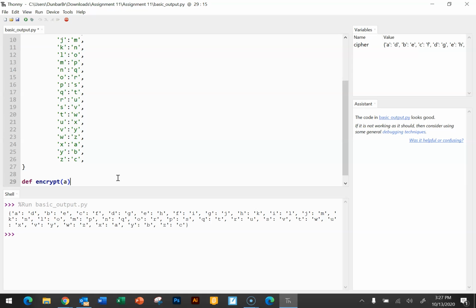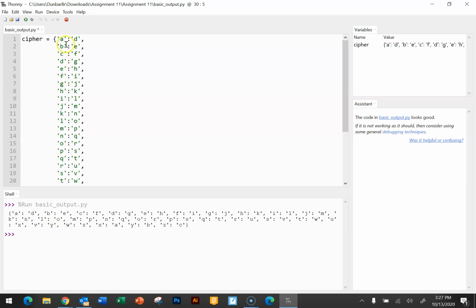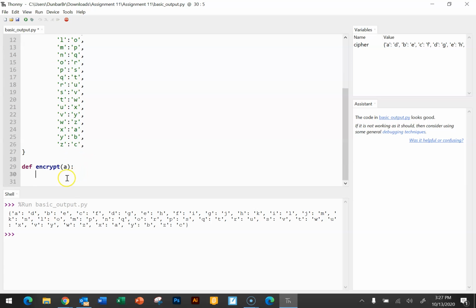All right, so our function here, what's it going to do? It's got to traverse through this entire dictionary, and then it's got to replace each letter with the value of that letter. So we know we need to traverse it, so we need to do for letter in A. A is going to be a string, right? We don't know how many letters it's going to have. So every time it hits a letter in A, what we need to do is